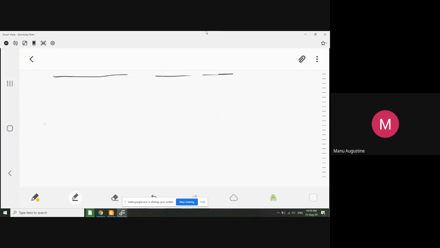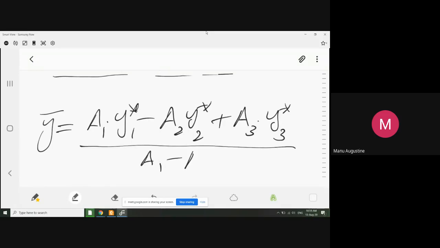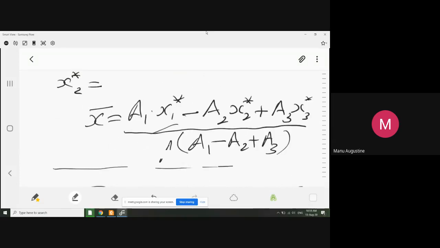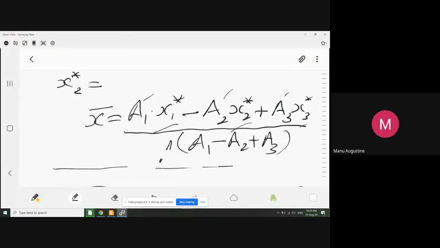And similarly your y bar becomes A1 y1 star minus A2 y2 star plus A3 y3 star whole divided by A1 minus A2 plus A3। अब इसमें आपको y1 स्टार y2 स्टार y3 स्टार x1 स्टार x2 स्टार x3 स्टार A1 A2 A3 ये सब इंडिविजुअली कैलकुलेट किए जा सकते हैं, जैसा अभी अपन ने डिस्कस किया। ये y3 निकाला, x3 निकाला, उसी तरीके से x2 स्टार y2 स्टार सारे निकाले। x1 स्टार y1 स्टार तो सबसे आसान है, रेक्टेंगल का सेंटर लेना है बस। आफ्टर कैलकुलेटिंग ऑल दीज एंटिटीज यू पुट इट इनटू द फॉर्मूला as constructed here and see whether your answer matches